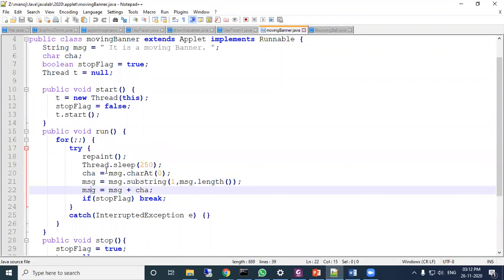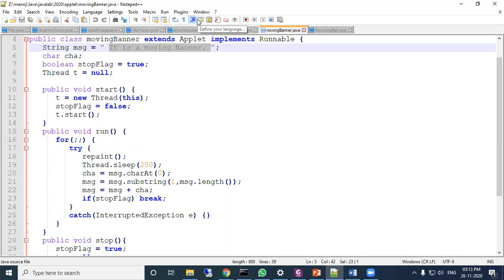Now that space is stored in CHA, and this rest of the data, that is the moving banner part, will be stored in MSG, overwritten. Now MSG equal to MSG plus CHA. Now at this point MSG contains this thing, and CHA contains a space, meaning the space will be shifted to the right, so there are two spaces now.